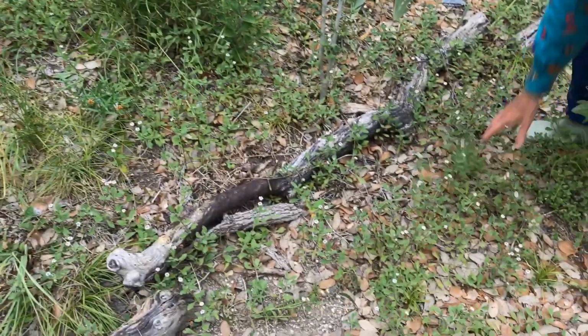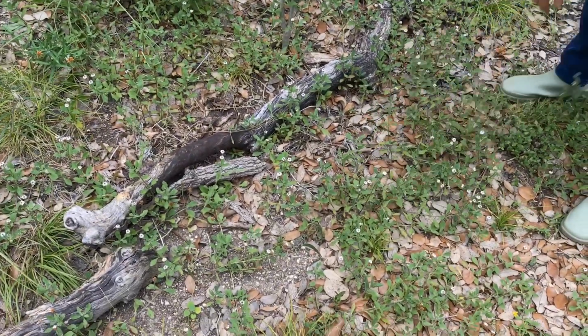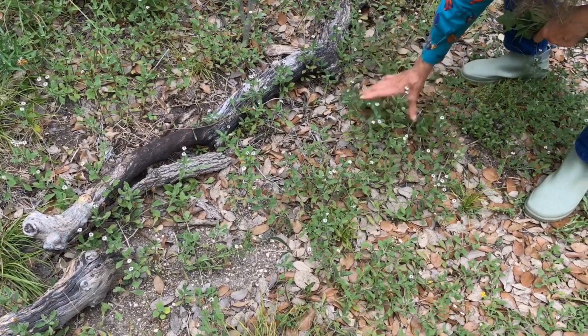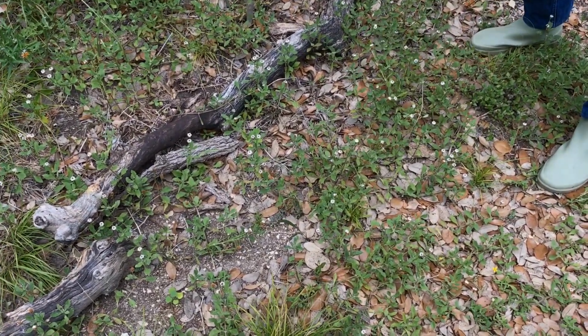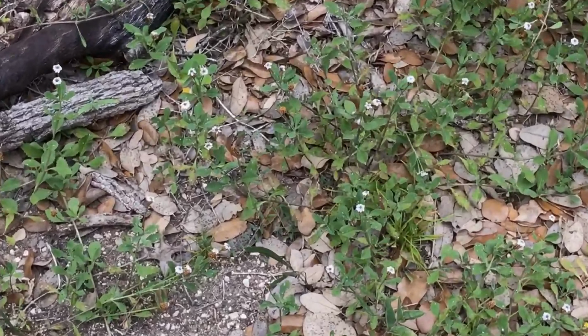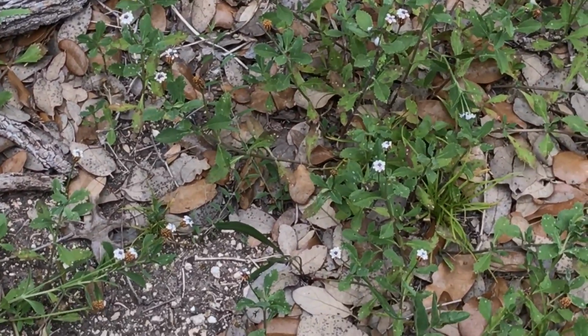This is frog fruit, and it is the coolest little ground cover, and you can walk on it. When it gets tall, you can mow it to keep it lower, but it's also a larval plant for one of the butterflies. So you know why I'm growing it. So as you can see,